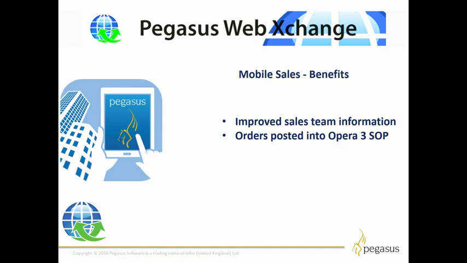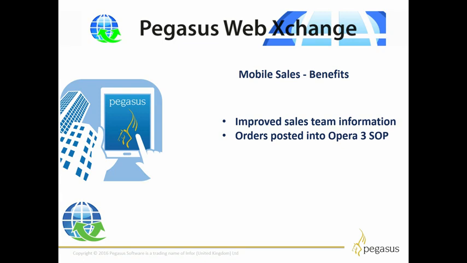And if there's no internet connection, those orders are saved on the tablet and can be sent as and when the internet connection comes back. Once these sales orders are in the office, then the sales administrator can review those orders. They can see the changes that the salesperson might have made and the discounts and pricing offered, and can make a decision whether to progress those sales orders into the Opera 3 SOP system or reject them and send them